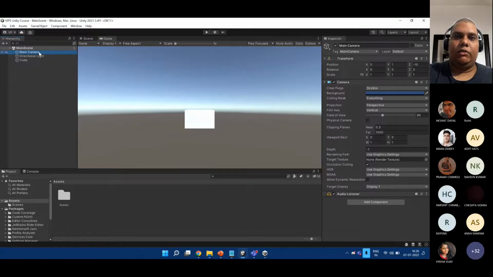So that again is done using a camera. That camera is a top view camera, which is basically hovering right above the player. And as the player moves, that camera moves along with him and shows a limited area on that mini map. But what the player sees is the main camera, and that main camera is